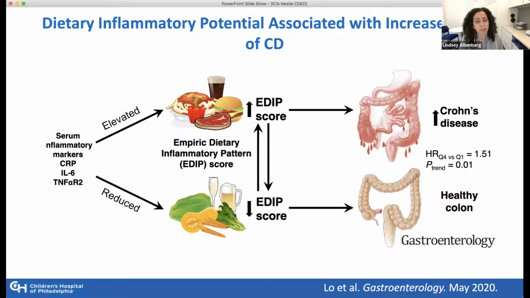And they calculated something called the Empiric Dietary Inflammatory Pattern Score, or the EDIP, which is a weighted sum of 18 food groups with a higher sum equaling a more pro-inflammatory diet. This score has been previously shown to be associated with elevated serum inflammatory markers like CRP. And what they found was that the highest quartile of EDIP scores, those individuals had a 51% increased risk of developing Crohn's disease. Now, in this study, there was no association of dietary inflammatory potential with ulcerative colitis, but I